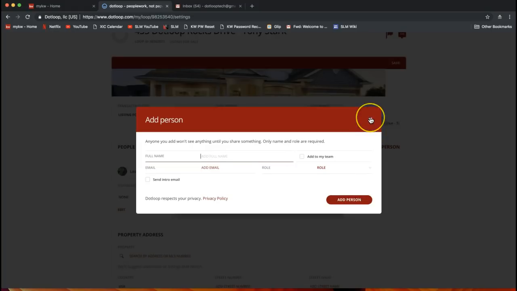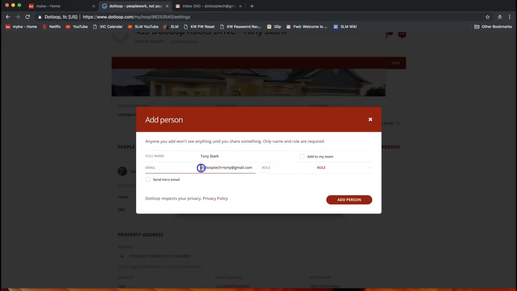Okay, so in this people section, we clicked Add Person on the top right. Let's go ahead and put in our client's name. So this can be your favorite TV star, John Smith if you're not feeling creative today, or your spouse's name, kids' names, whatever you'd like to do. All right, so I'm going to represent Tony Stark today. So you need three main things to add in a client to your loop. You need their full name,